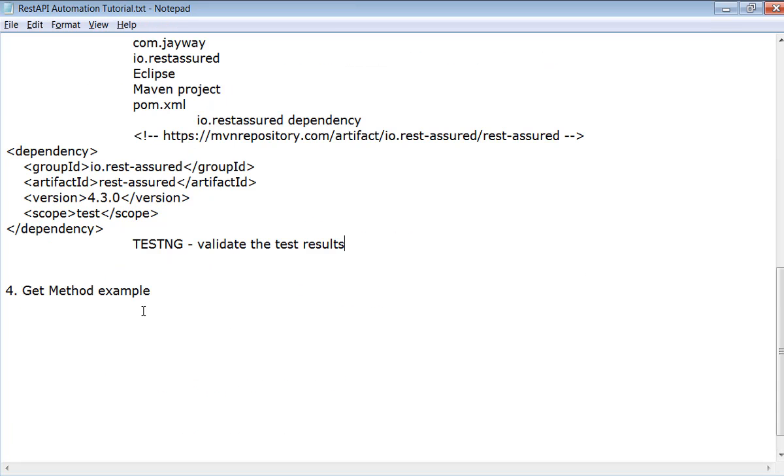Okay, so we were able to successfully validate the COVID-19 API for the GET method, and we have seen the REST Assured API, right? And we validated the response code, validated the response headers, validated the response body.